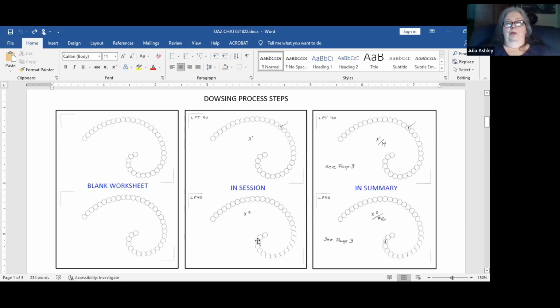I was taught when you do dowsing that you don't want to linger. And then I did 2 more pages because I'd have an X3, an X4, an X5, and X6. So that would be done in session. Then I'd go to a break and check the key and begin the summary. And you can see where I've added here a slash mark with the M because I checked on the key and that check mark was right over the M. Cross-referenced it back to the page in the session. And that's for the other X2, X3, X4, X5, X6.